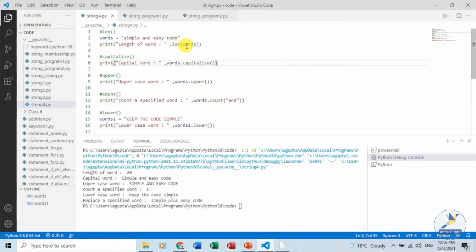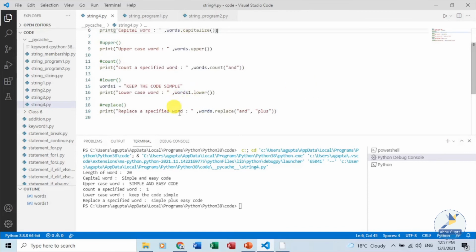Length, total number of characters in my string is 20. The first S is being capitalized. You can see using upper we have changed it into uppercase, and and is occurring only once in my string. The lowercase has converted everything to lowercase, and the last one, replace, has replaced and with plus.